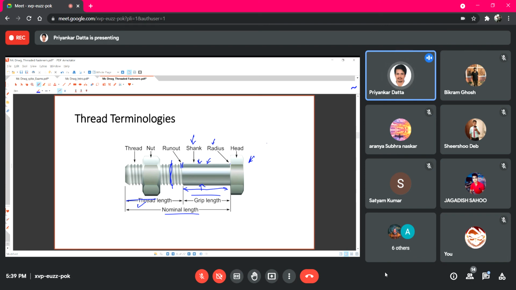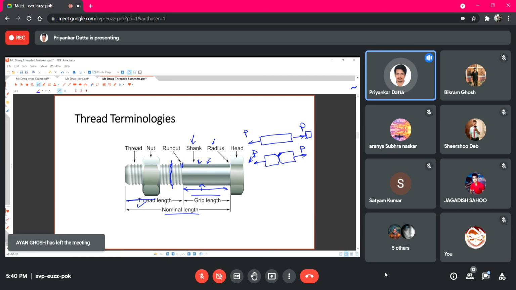For starters, you can understand that if you have a plate or bar in this form and we put load on this, it will support the load in its cross section, say a rectangular cross section. Now say the same object is made with some notch. Then you can easily understand that this part has a lower dimension or lower cross-sectional area. So when pulled with the same load, because of this very sharp edge here, it will be easier for that object to start the crack along this line.